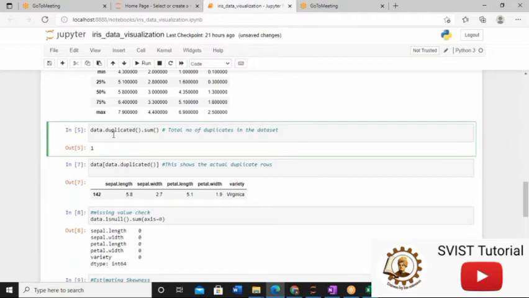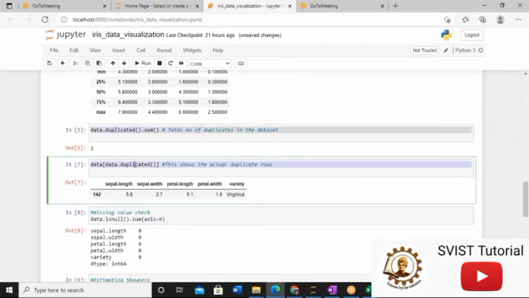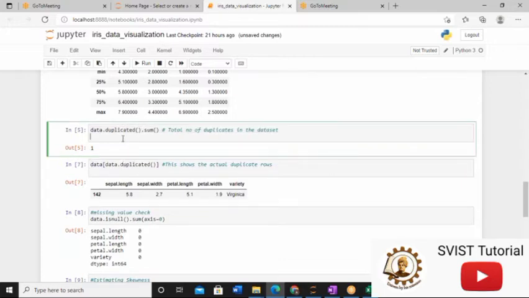But then my question is, which one? There will be one question in your interview: does the duplicated function return the column duplication or the row duplication? It is very clear, it shows the entire row which is duplicated or redundant in your data frame. So I can visualize it also. For visualizing, I will call the data.duplicated function within square brackets, and outside we write the variable name in which we have the dataset. So try to understand and make a note.